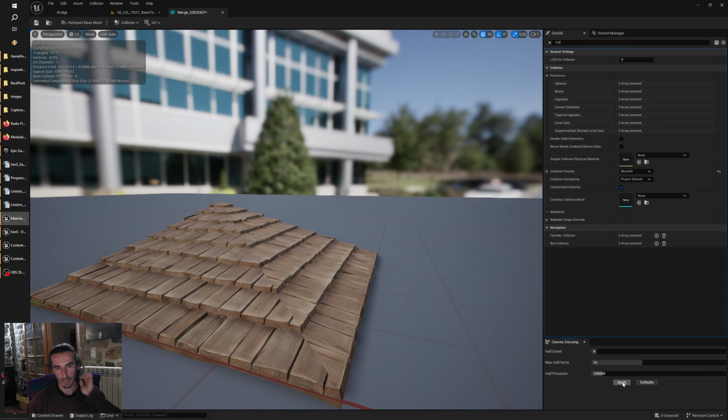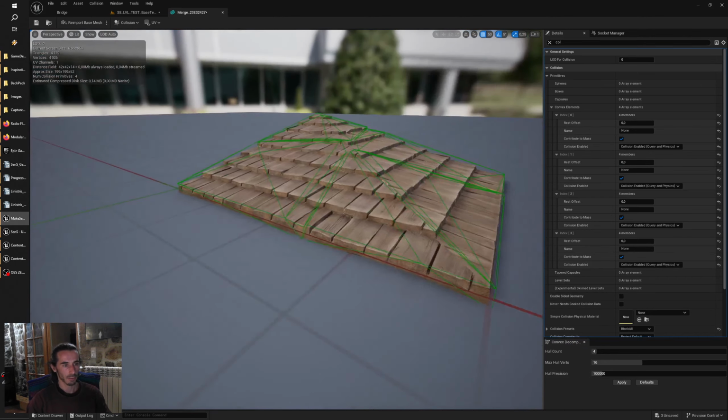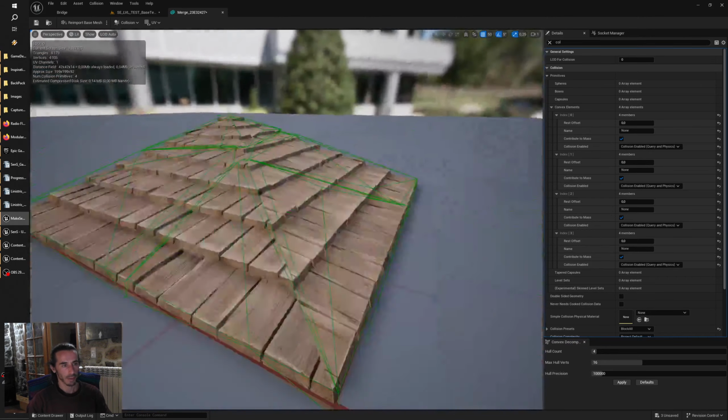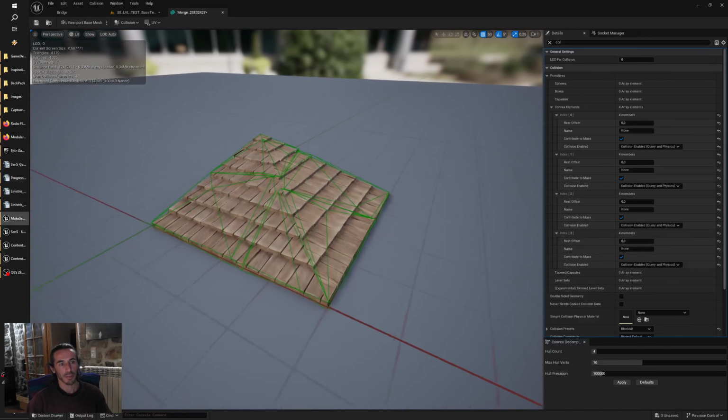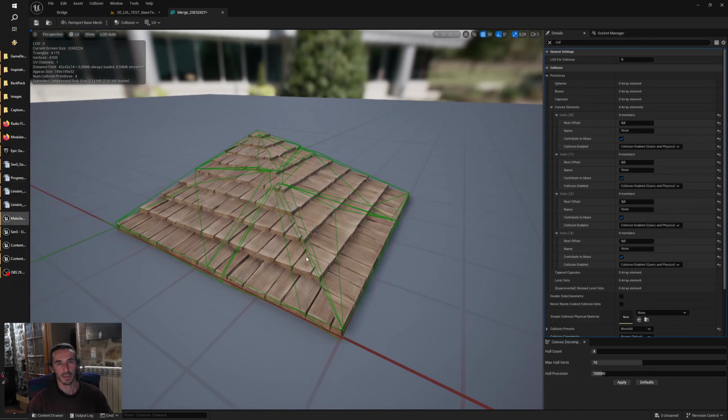You can experiment, but by default you can apply, and it's creating a collision mesh which is not as optimized as you can get if you are doing it in a proper way in your 3D modeling software, but for this usage it will be fine enough. We can save,